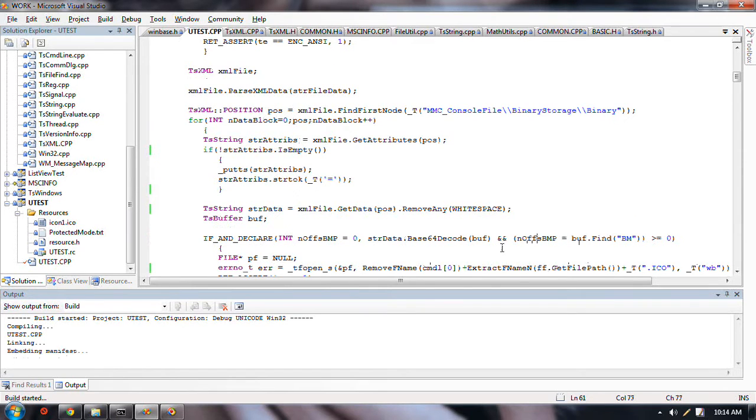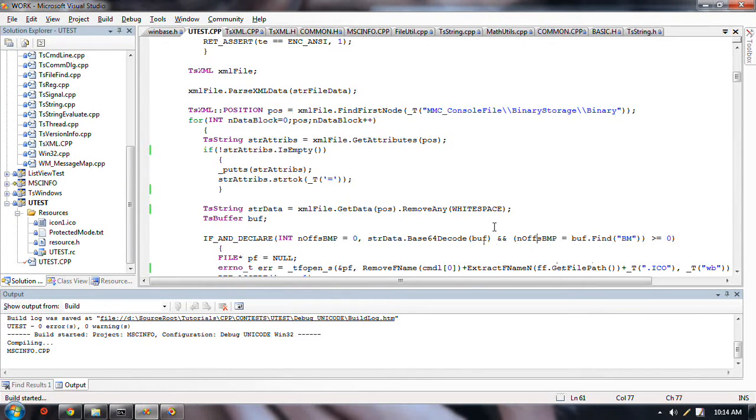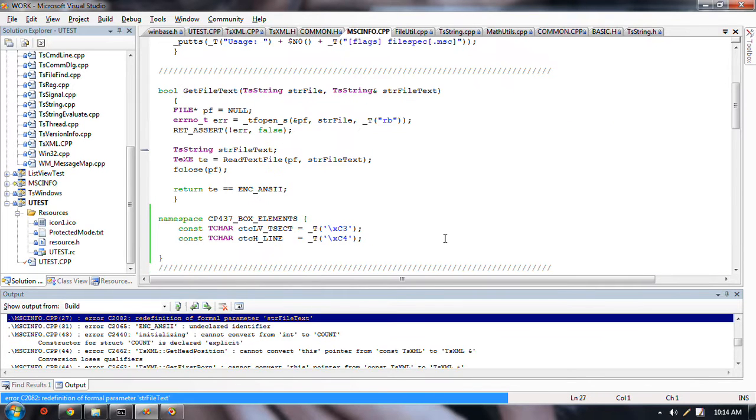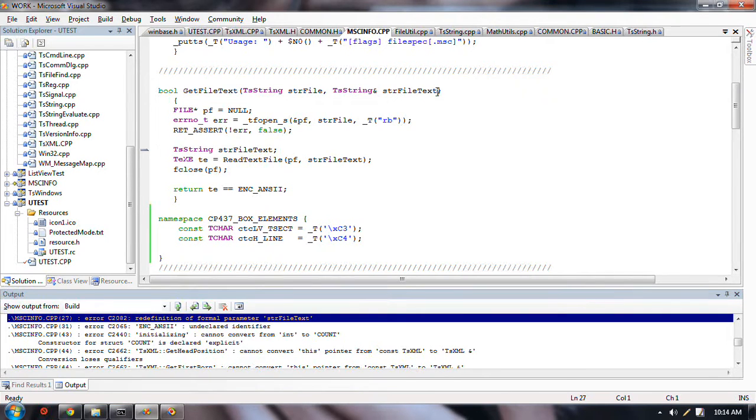And an icon is a collection of bitmaps. And also, worse than that, I'm pretty sure that it doesn't use the DLL thing. It actually uses the bitmap in the text. Now what's this? Redefinition formal. Stir file. Oh, I made a